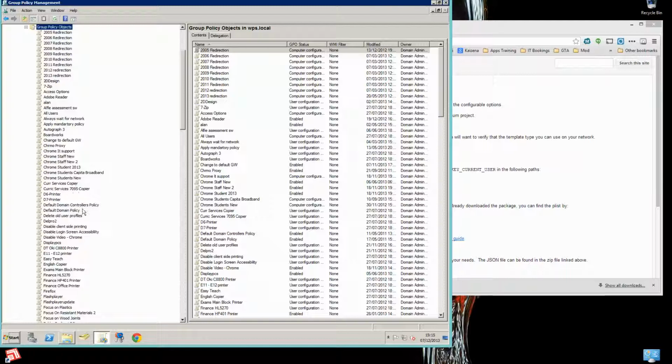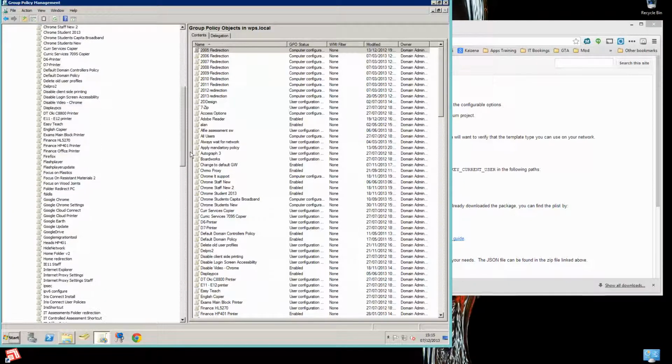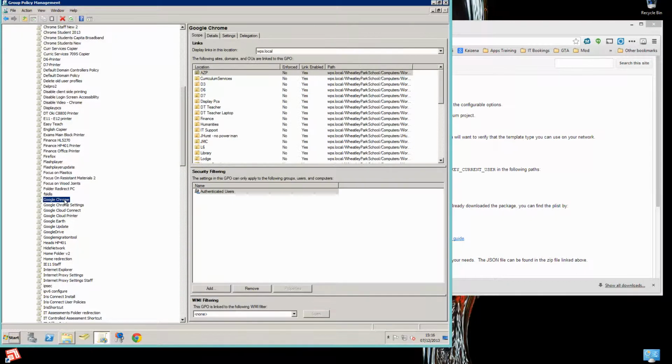I think it's on the Google Chrome last time I looked. There we go, Google Chrome. So this is the group policy that deploys Chrome to a computer. So this is a policy that needs to be deployed to an organizational unit that's got computers in it. So if we edit that group policy,